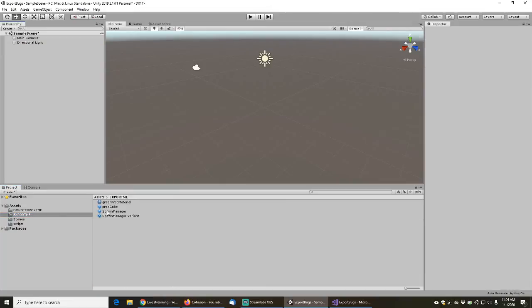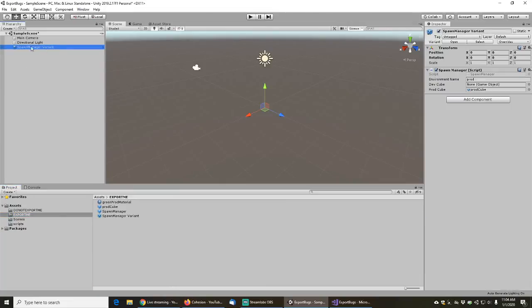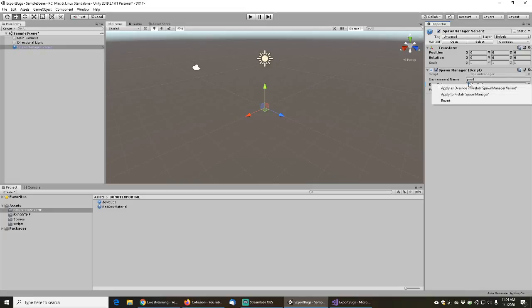Okay, let's get rid of this spawn manager here. We'll pull the spawn manager variant into the scene so we can see it's a variant. Okay, so far so good. Now let's take this "do not export me" dev cube up there, and we'll apply that as an override in the spawn manager variant. So far so good. We're going to save the scene, and now we're going to go to the scenes and